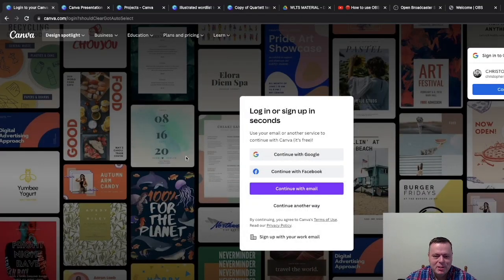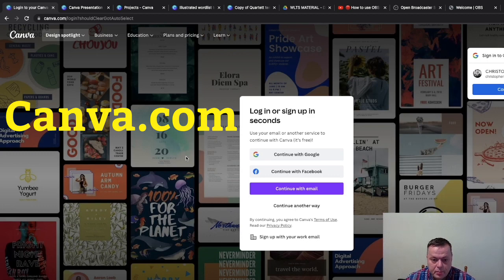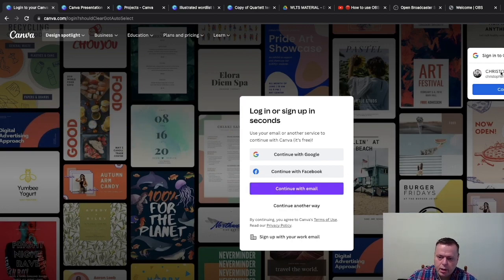All right, welcome. We're going to go ahead and sign up for our Canva account. So go to canva.com and you're going to have the option to continue with Google. So if you have a Google account, you can go ahead and use those credentials. You can also sign in using Facebook and create an account that way, or you can continue with email as well. Now, it's going to basically use those credentials and ask you a few questions. In my case, I've already gotten my account here, and we're going to go ahead and continue into the Canva